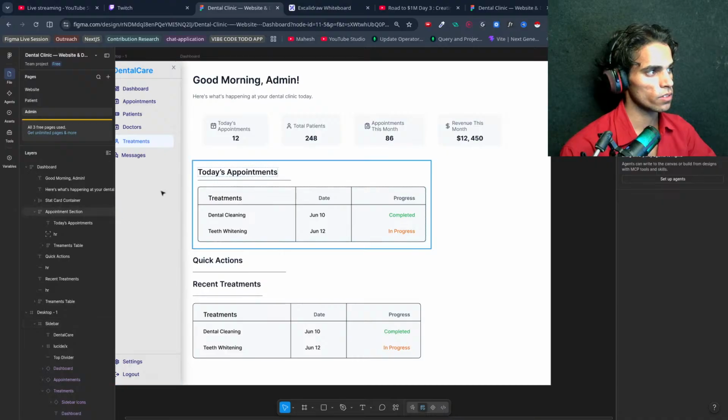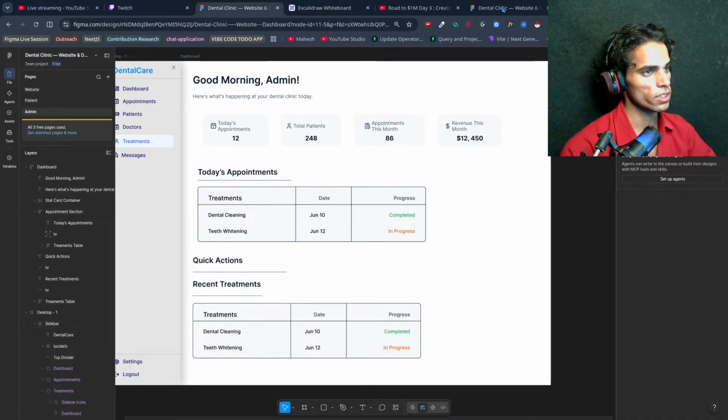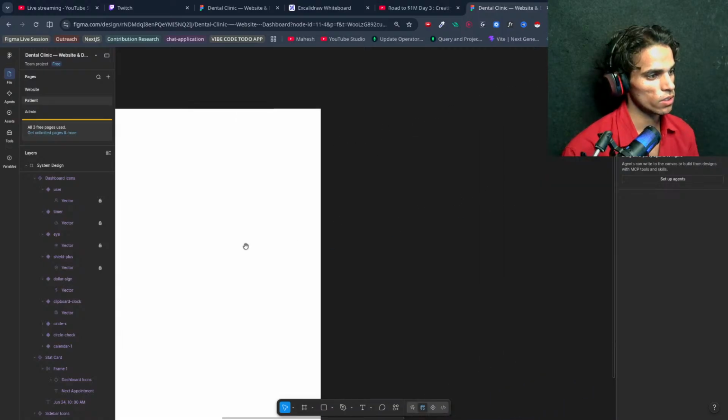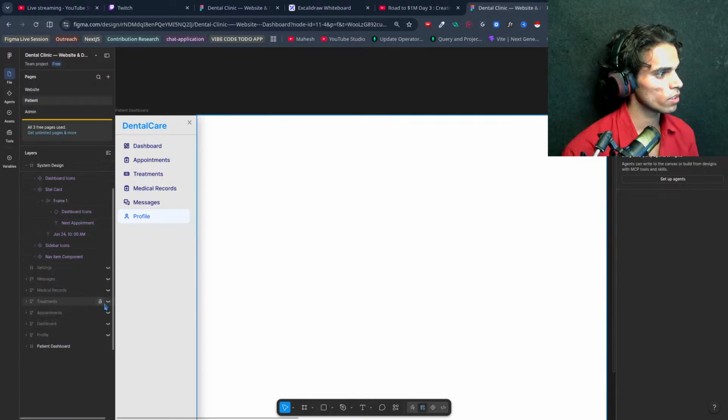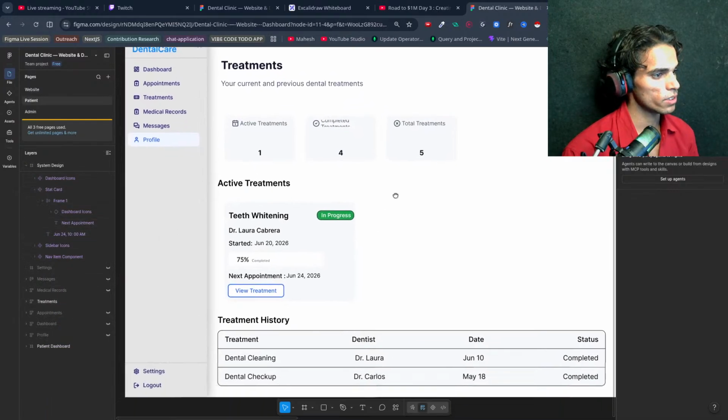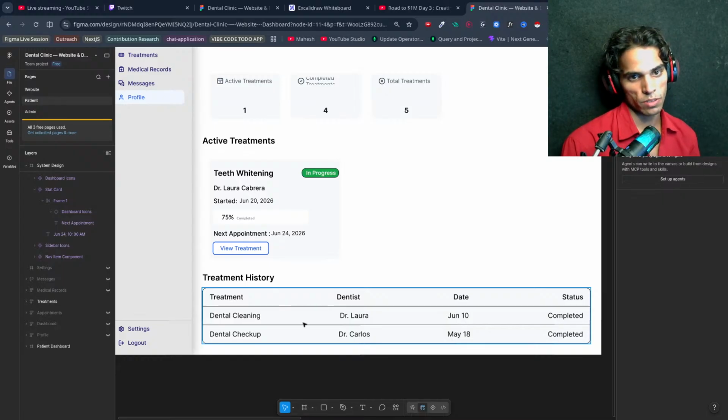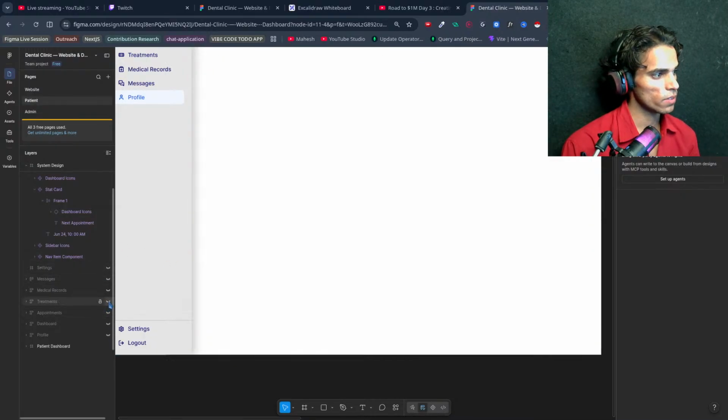So rather than using this, I can use a table like, let's see, inside treatments we have treatment, then we have doctor, then we have date, this table. Let's close this.